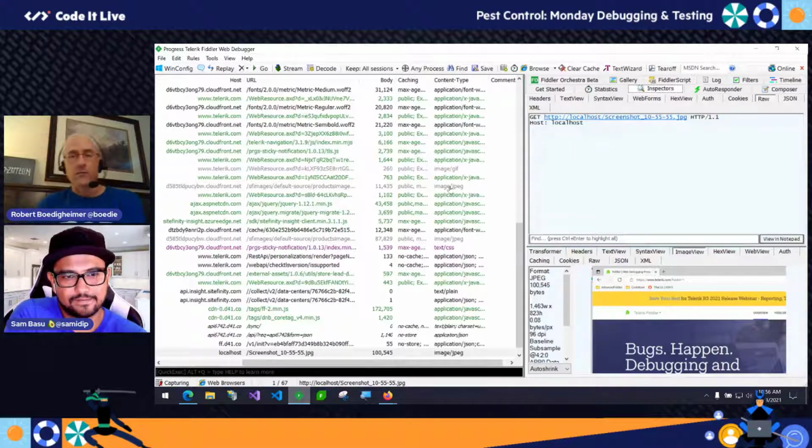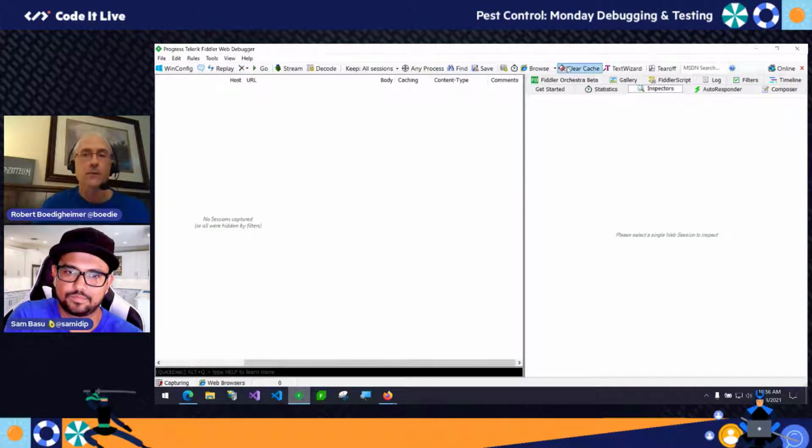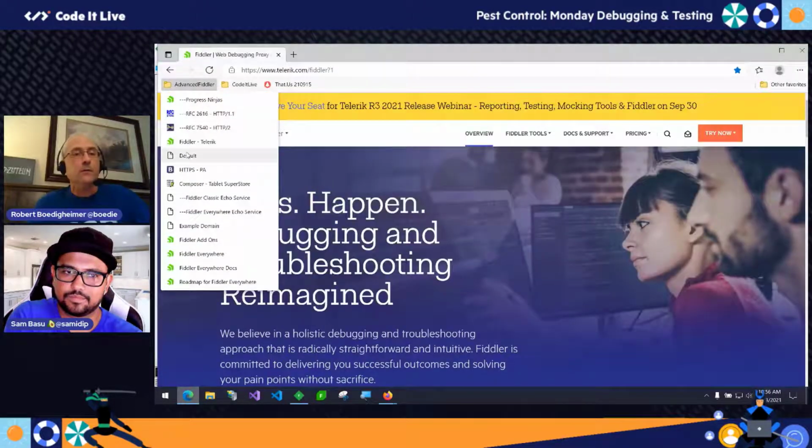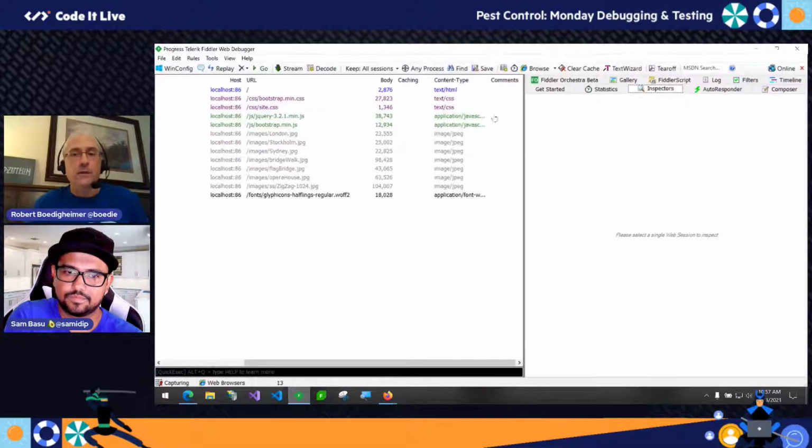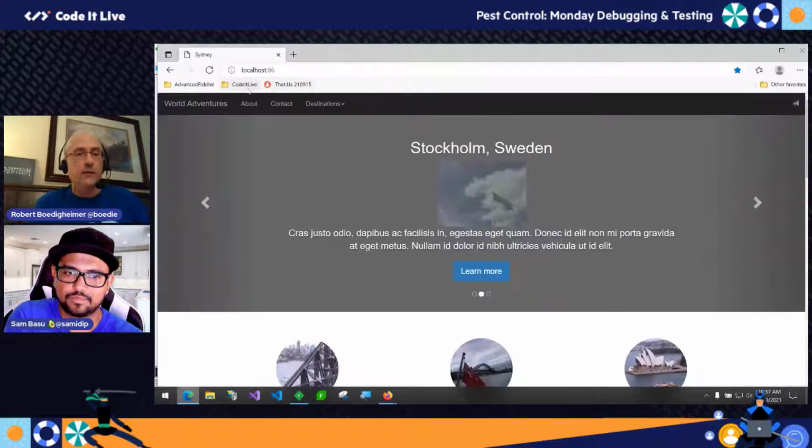So Fiddler by itself is not going to cache anything. This clear cache is actually, Classic is still probably using the IE cache at this point. It was just an easy way for me to wipe the IE cache. I'm not sure if that impacts Edge. I'm primarily an Edge user now. I'm not sure if I do this, if it's going to clear Edge's cache or not. I can find out here quick. Let me see if I'm using caching. So I'm not. Let me go out and do my performance after, because I know I am there.